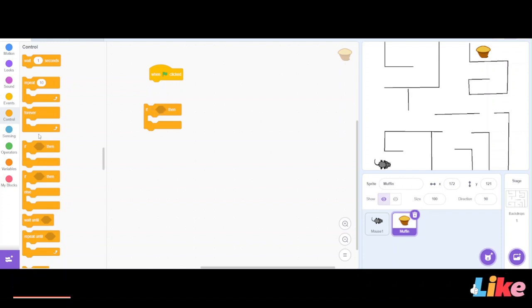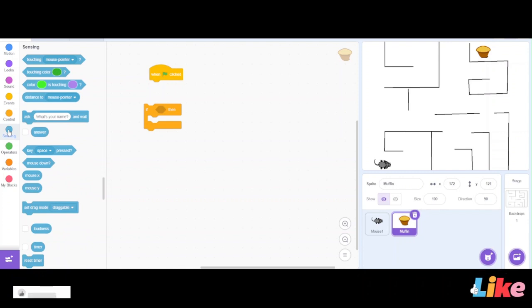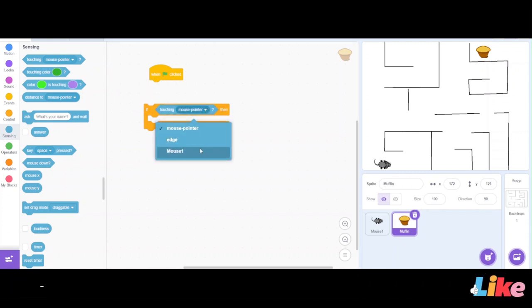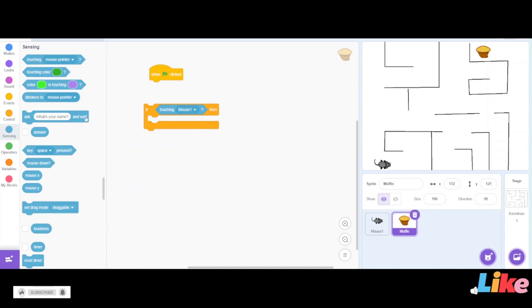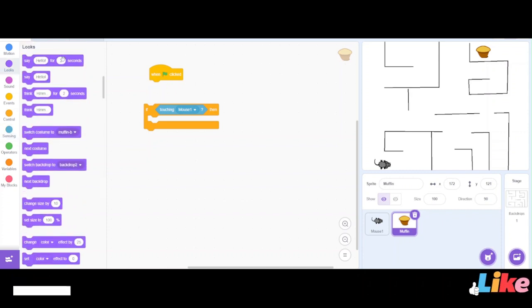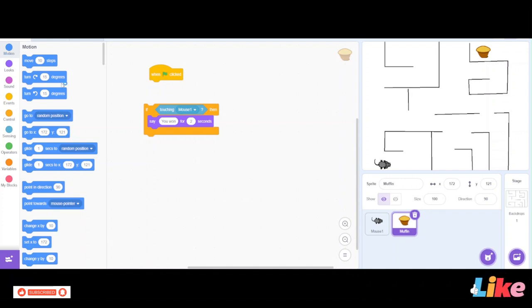All right, so here we're going to have this. And in sensing, we use if touching, not the mouse pointer but the mouse. If the muffin is touching the mouse, we're going to say something. For this you need to go to looks and say you won. That's the first thing you're going to do, for 2 seconds, and after that we're going to move the mouse